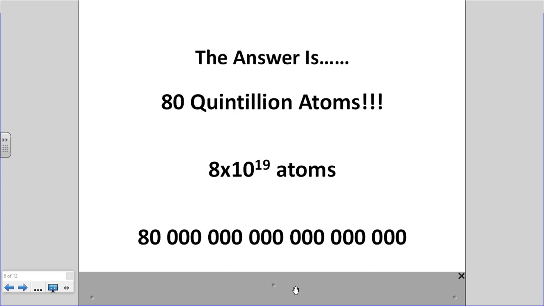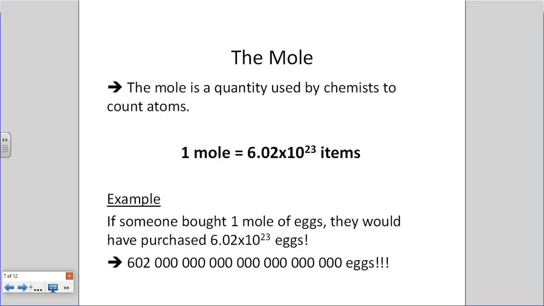So chemists figured out a way and figured out a quantity to count things like atoms and molecules and ions instead of always just counting them individually. And that's called the mole. So, what quantity does the mole actually represent and what is it? Just like when we saw before, a pair means 2 items. A dozen means 12 items. Here, our mole is representing